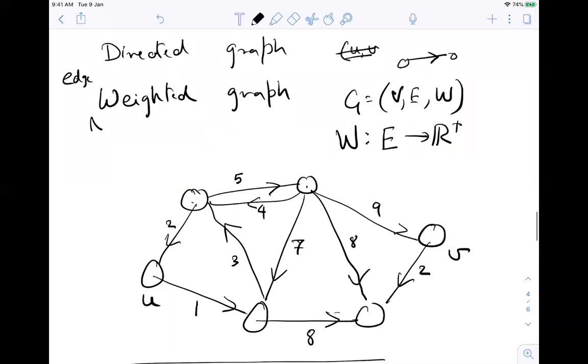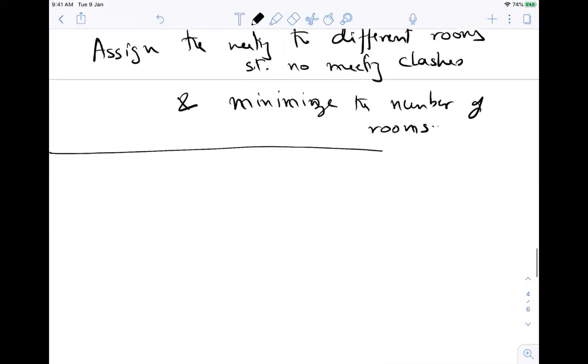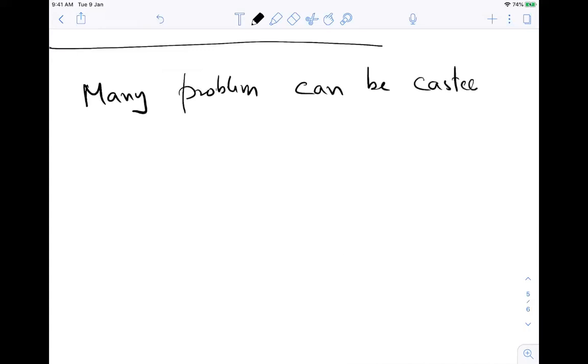And the useful thing is that many problems, and by problems I'm not just meaning theoretical problems, many real life problems also, can be cast into a graph problem.